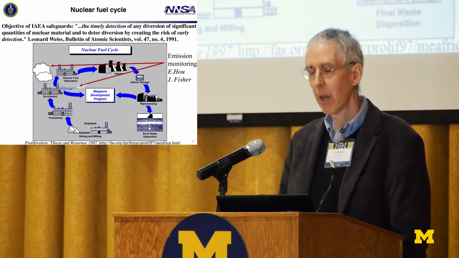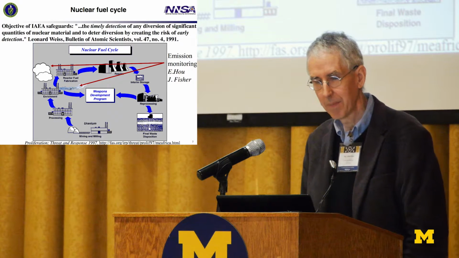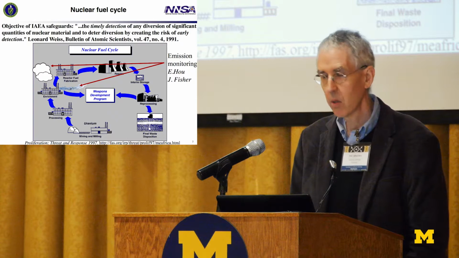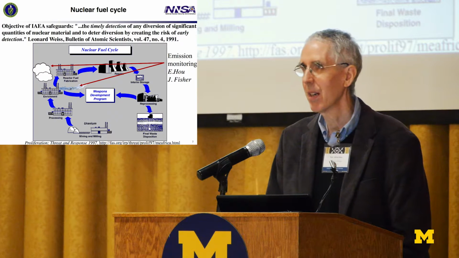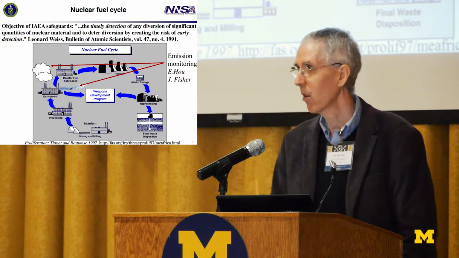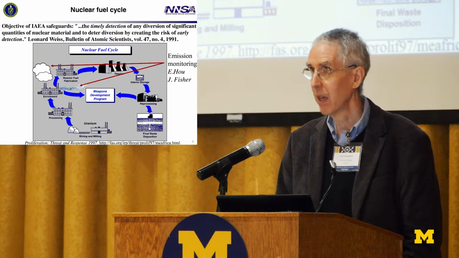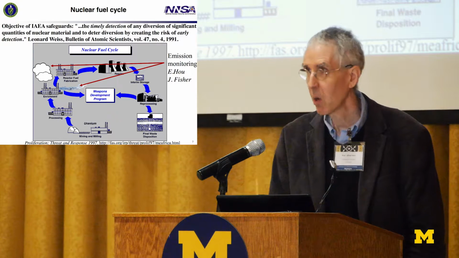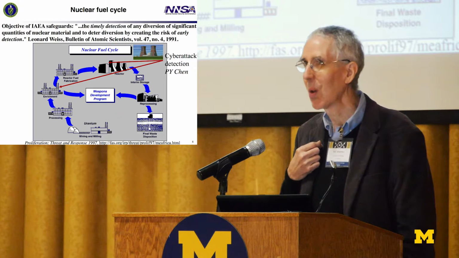Another area that we're looking at, which is related, is emission monitoring, and this involves developing models for things like plumes of chemical releases or radionuclide releases into the atmosphere or into water bodies, and looking at ways to both optimize with limited sensing resources where we place resources in order to observe, say, suspicious releases of krypton or iodine, say, in an enrichment facility or reprocessing facility, and also techniques for getting much more accurate ability to discriminate between what is normal for an enrichment facility, let's say, in terms of their chemical release patterns, and what might be abnormal that might indicate some sort of activity that has not been typical in the past.